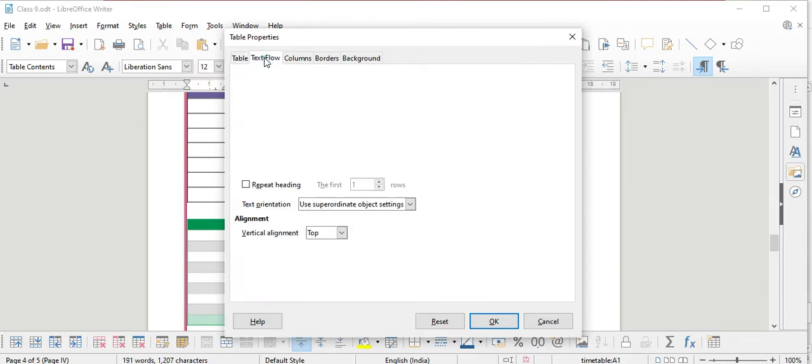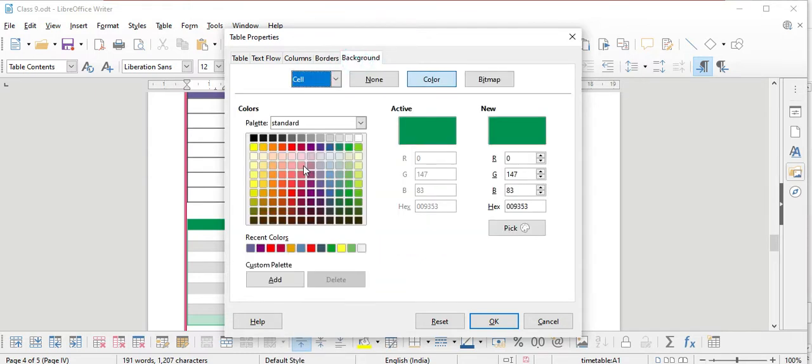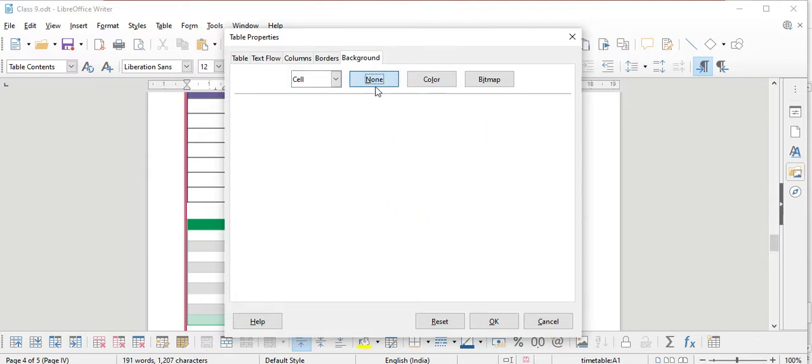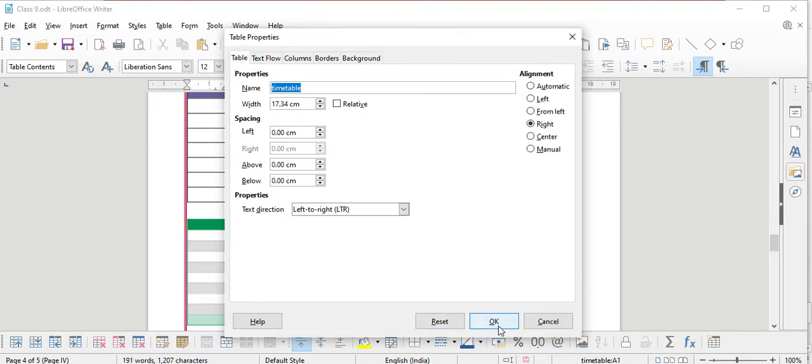You can check rows, columns, borders. If you want to change the color, you can change it. If you want to give a background, you can select whichever background you want. If you don't want one, just click on none. Whichever properties you want for your table, you can select from here and then click OK.